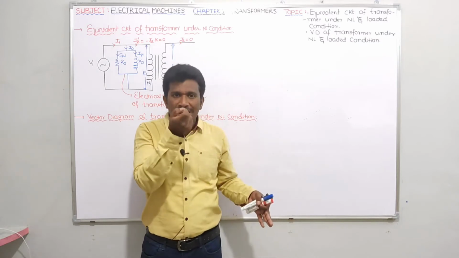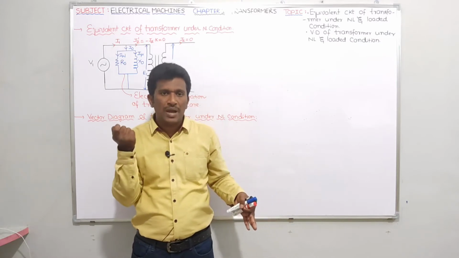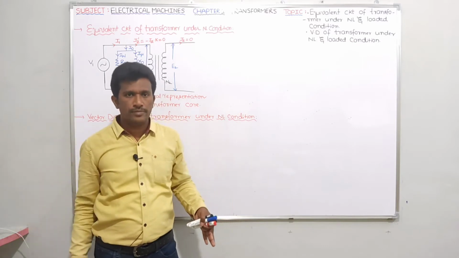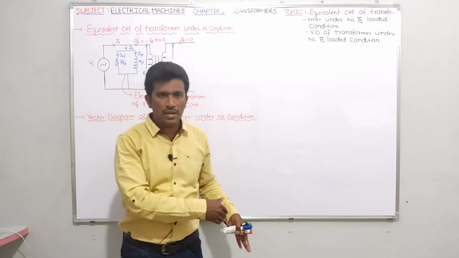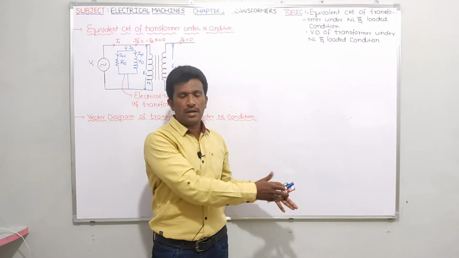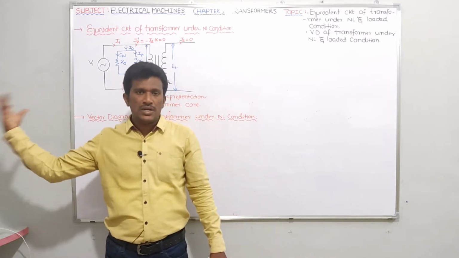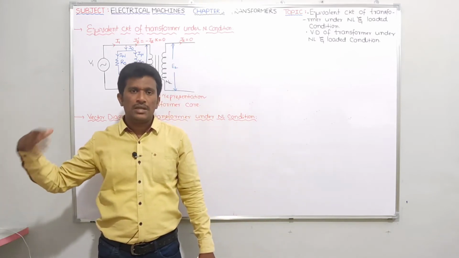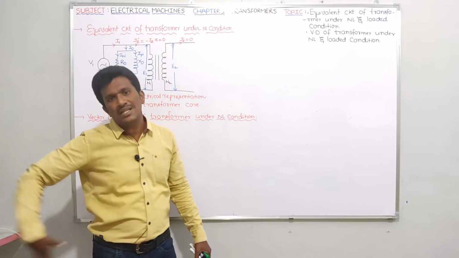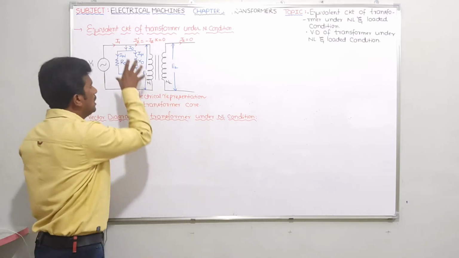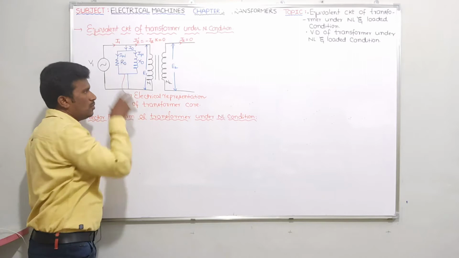So that means there is no current to the load. Whatever I naught is there, that I naught has to flow through the primary winding itself. Primary winding, secondary winding, here load. There is no load current here. Whatever current is drawn by the transformer, I naught, will pass through the primary winding itself. That's why I am showing this transformer core on the primary side only, not on the secondary side.